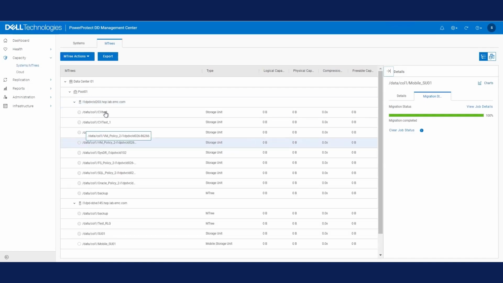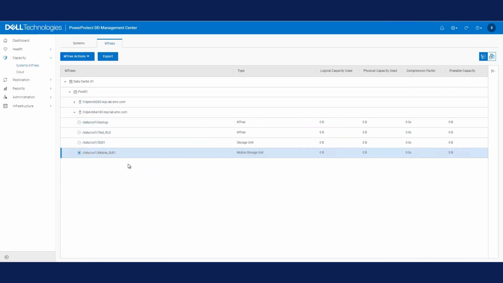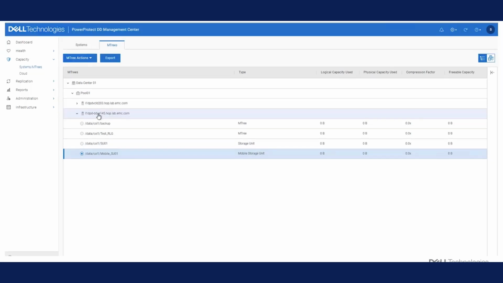So we'll clear the migration job and just check under 9410 that it is not present. Yes, we confirm that it is not present under DD9410 and is only present under DDVE. So that's how the migration is successfully done from DD9410 to our PowerProtect Data Domain Virtual Edition.